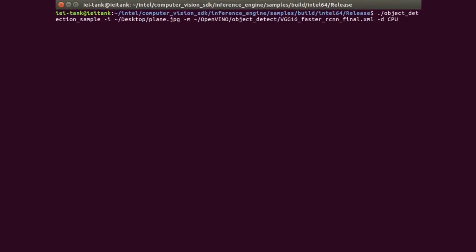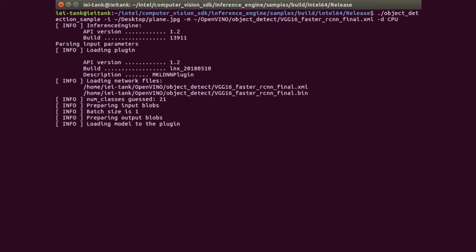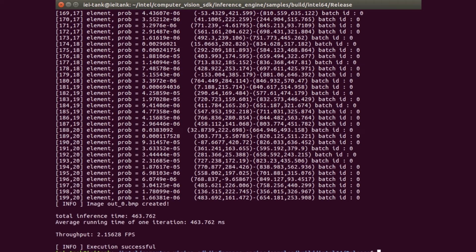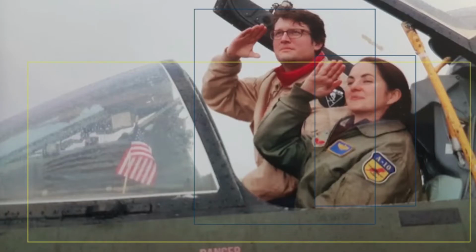I want to highlight a couple of the deep learning code samples and show them running on an IEI Tank IoT Developer Kit. The first sample does object detection using the VGG16 Faster RCNN model. This is an implementation of the Faster RCNN model, which uses a convolutional neural network to detect objects and draw